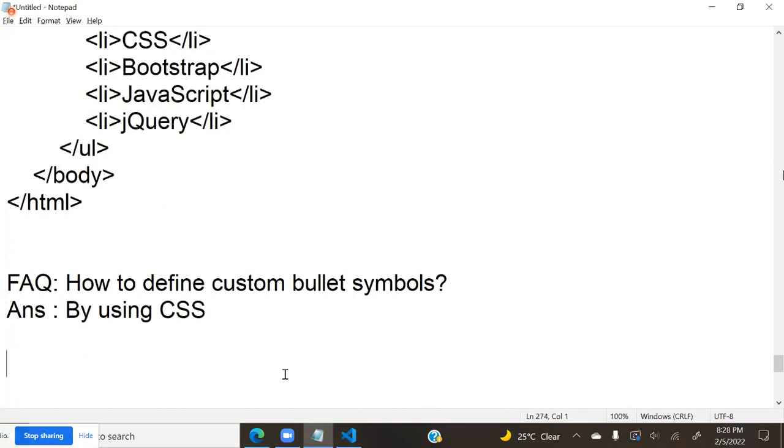Actually, by using CSS, what you have to use is a CSS property. That property name is list-style-image. List-style-image is a property through which you can put your own symbols, icons. You have to design them. You can put any animated effects, anything you can configure. For example, suppose